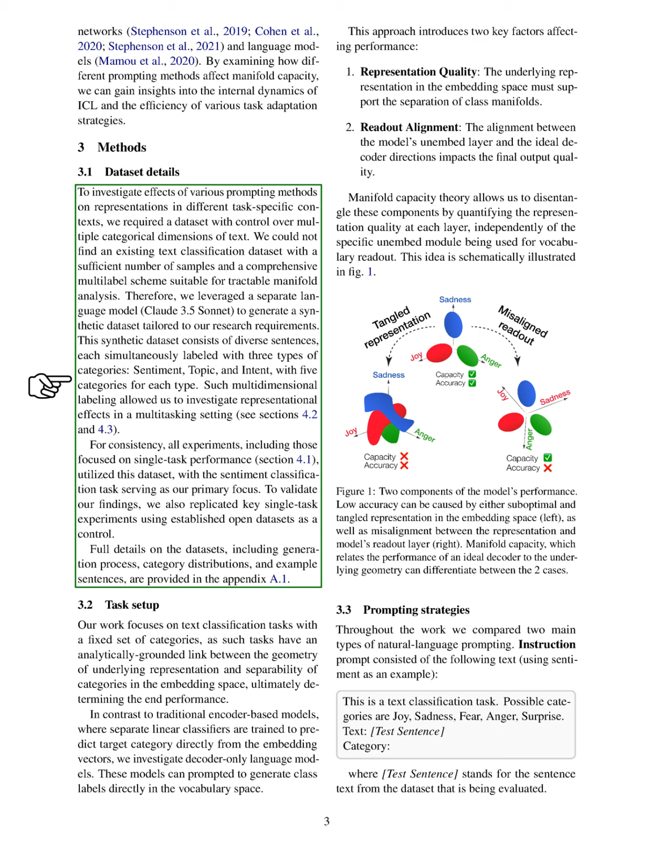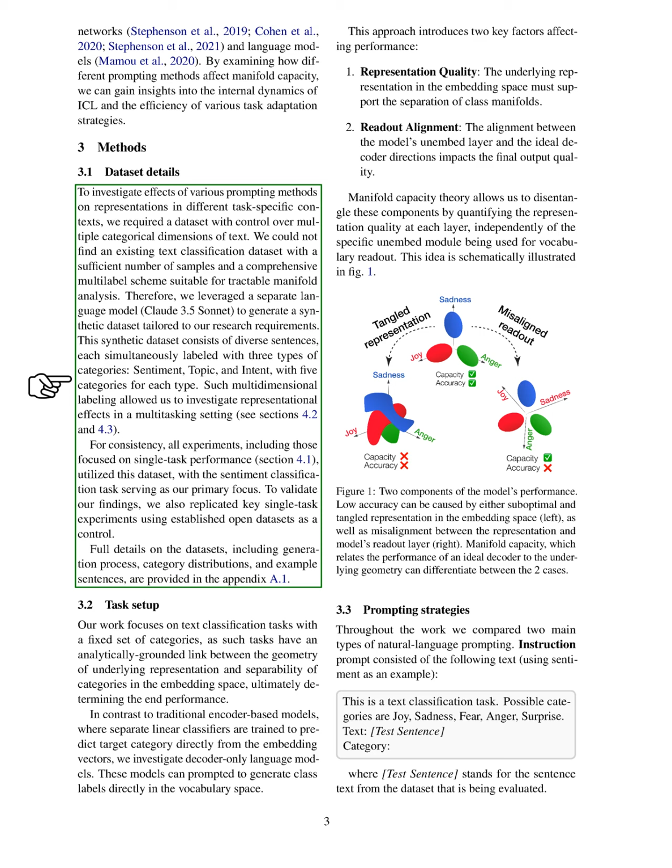our research needs. This dataset includes various sentences, each labeled with 3 types of categories: sentiment, topic, and intent, with 5 categories for each. This multidimensional labeling enabled us to study representational effects in a multitasking context. We consistently used this dataset across all experiments, focusing primarily on sentiment classification. To confirm our results, we also repeated key single-task experiments using established open datasets as a control. Detailed information about the datasets, including how they were generated, category distributions, and example sentences, can be found in the